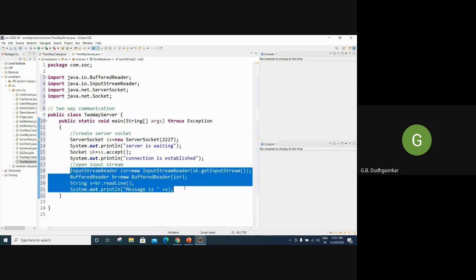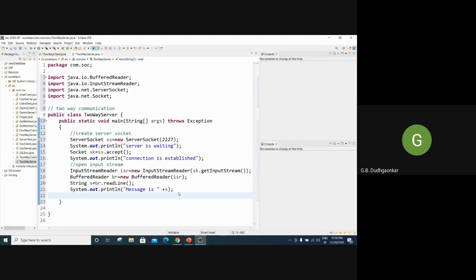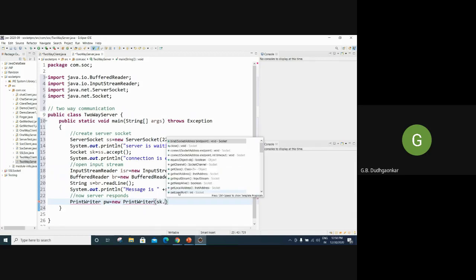This is the step for the client side. Then we have to write for the server to send the output to the client also. So now the server responds. Again use a PrintWriter object, then new, and in that we have to write sk.getOutputStream.